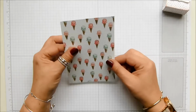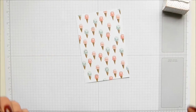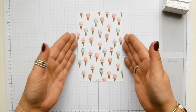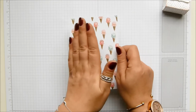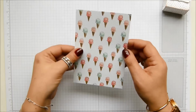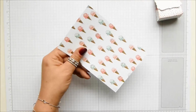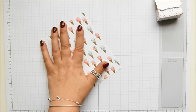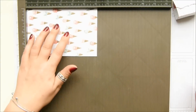Really, really easy. Piece of paper that is 6 by 4 inches, and if you want a pattern, you need to keep it that way, so it would look like you were opening a book. So that's the pattern, that's the way you want it to go. You don't want it sideways, because it's going to rotate and be the length like that. So 6 by 4 inches, 15 by 10 centimetres, and on the long side,